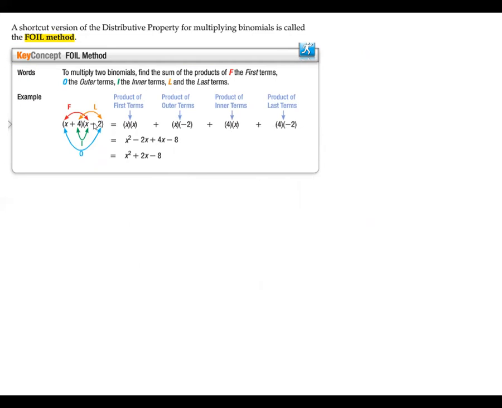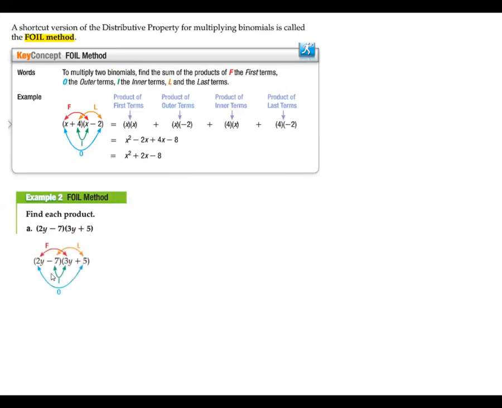All right. So let's find the product here. 2y minus 7 times 3y plus 5. Well, if I do the FOIL method, the firsts give me 2y times 3y, which will give me 6y squared. Then the outers give me 2y times 5, right there. The inners is negative 7 times 3y, right there. And the last is minus 7 times 5, right there. If I multiply those, I would get 6y squared plus 10y minus 21y minus 35. Combine my two like terms right here